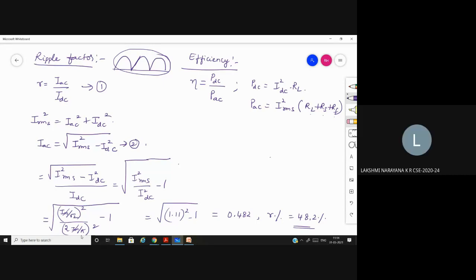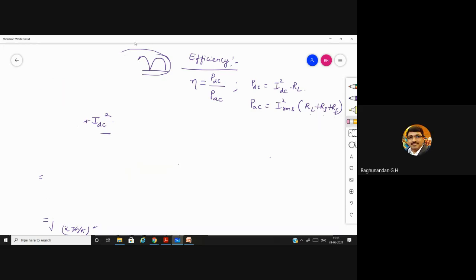Sir, when AC is converted into DC, it has to pass through a diode, and it has to get stepped down from the primary transformer to the secondary transformer. Then one more resistance will be there. So this is the answer. All of you, please remember this.